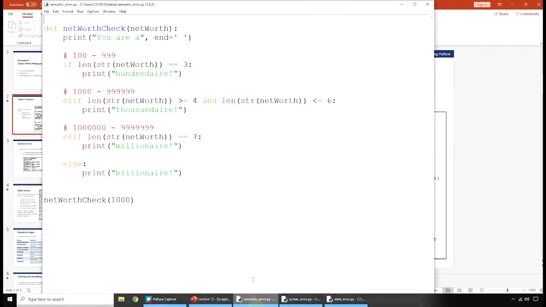To demonstrate that, we have a quick and simple example here. We have a function called net worth check that takes in someone's net worth as, let's say, a couple digits, and based on that determines if they're a hundredaire, a thousandaire, a millionaire, and we capped it off here at a billionaire. And the way that's being done in this function is that net worth is being converted to a string, and then we're taking the length of that string